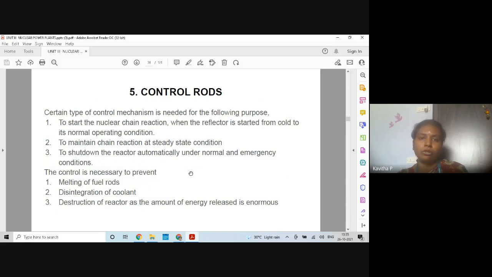Next one is the control rods. So we know from a single nuclear fission process, 3 neutrons are generated. And amongst the 3 neutrons, if all the neutrons go through further fission process, again 3 each, totally 9 neutrons will be generated. So if the chain reaction keeps on increasing continuously, the number of available neutrons will also increase. So an enormous number of fission processes will take place, and so there are more chances for the reactor to go through a massive atomic explosion.